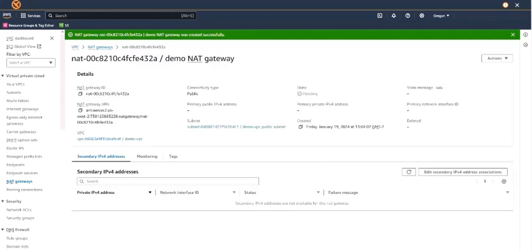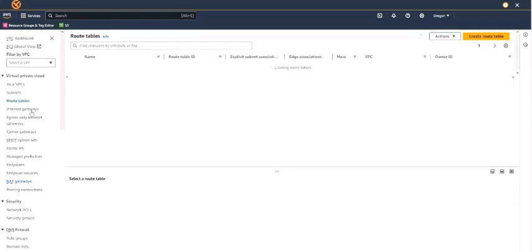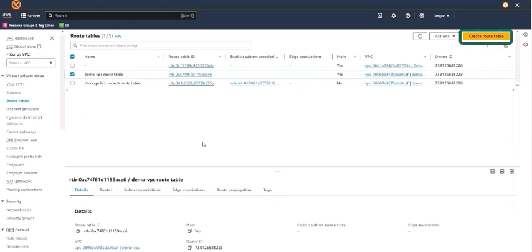And next we are going to create a route table for our NAT gateway to communicate to the private subnet. Select create route table here.